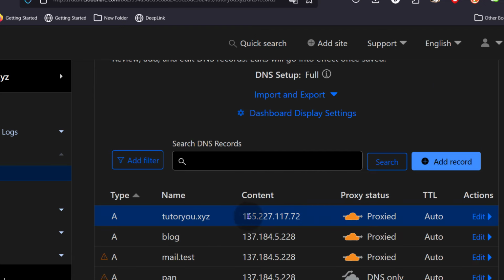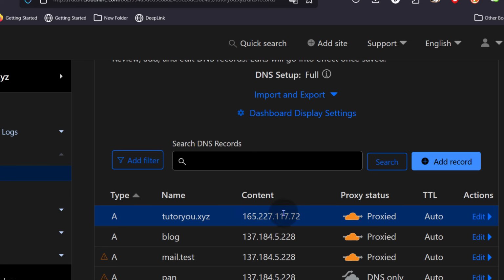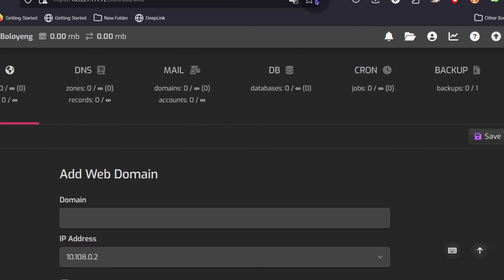So that's the first part, right? So you remember earlier on, I told you we were going to use HestiaCP for the demonstration. So my HestiaCP, which is a free control panel that you can use to host multiple websites, is the one with the IP address that I've added here, right? So this could be cPanel. If you're using shared hosting, you'll get the IP address from your cPanel.